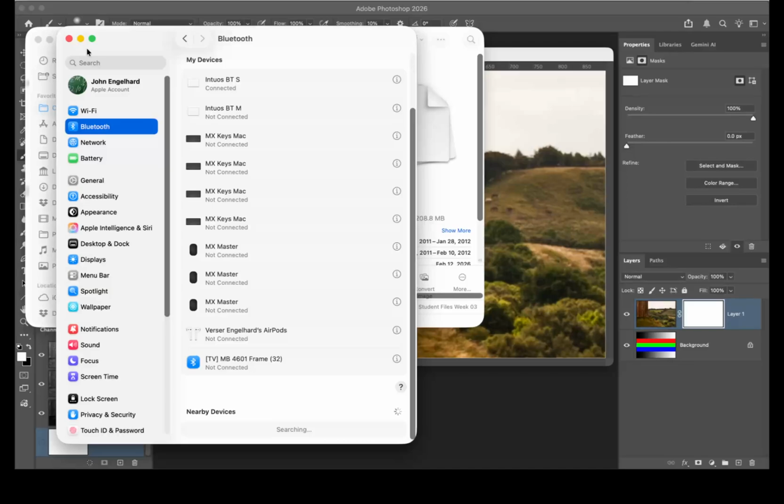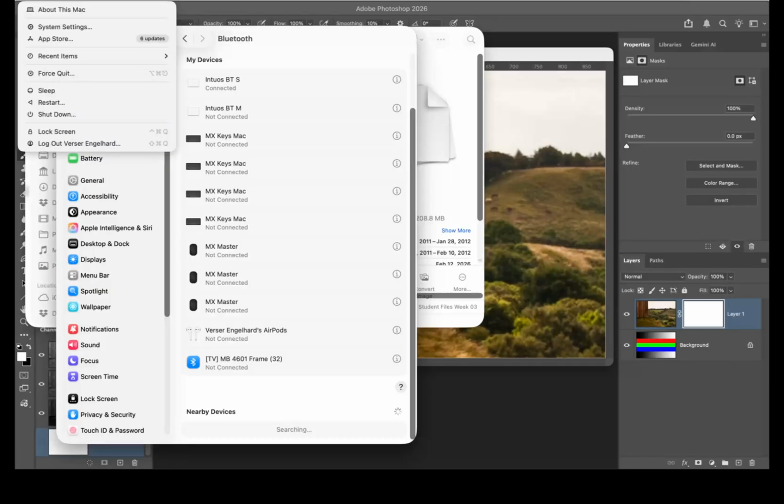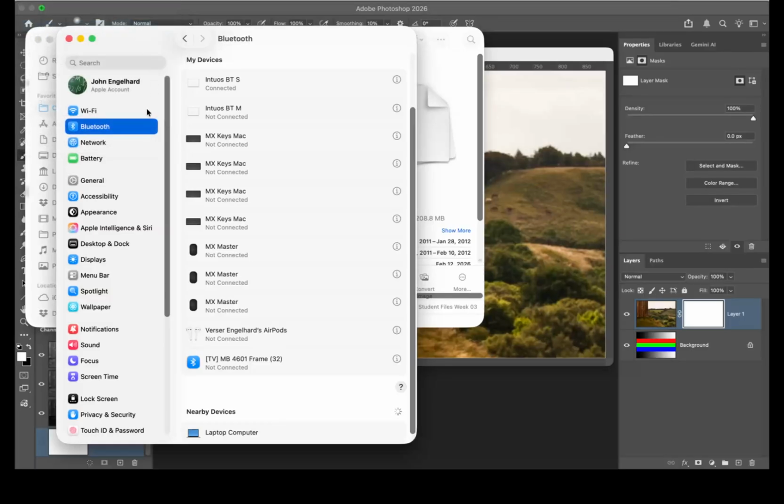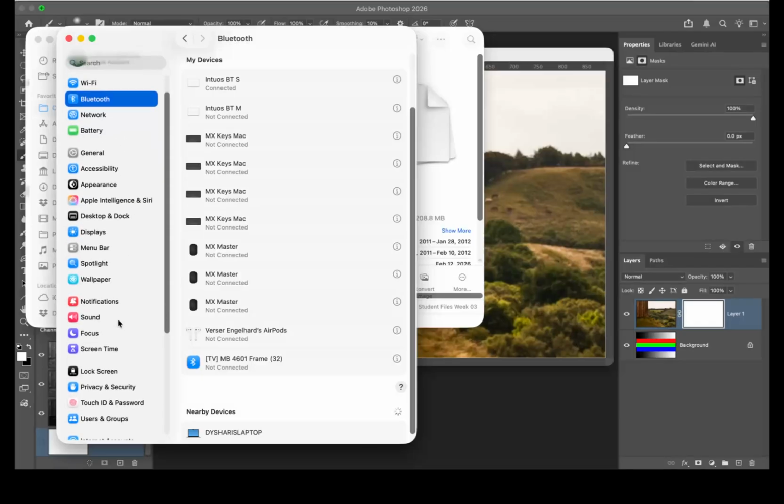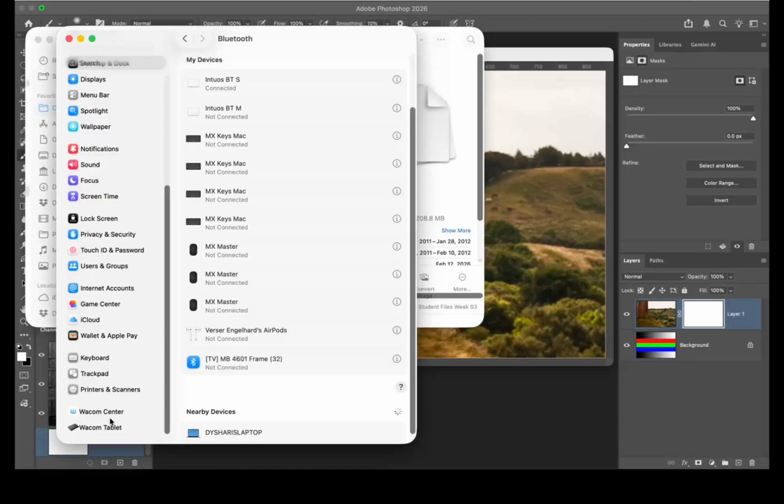So at any rate, for the Macintosh people, to actually change the behavior of your brush, you can change how this thing works. You need to come up to your Apple menu, and you need to come down to System Settings. If you have a very old Macintosh, this might say Preferences, but again, up to the Apple menu, down to System Settings, and click on it, and it'll open up. On the left-hand side, the column on the left, if you go all the way down to the bottom, you should see a Wacom Center and a Wacom tablet. Do not click on Wacom Center right now, or